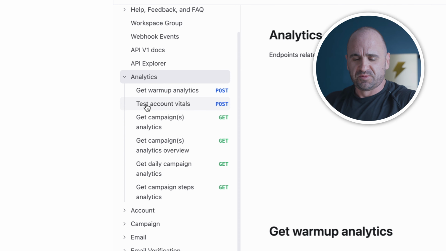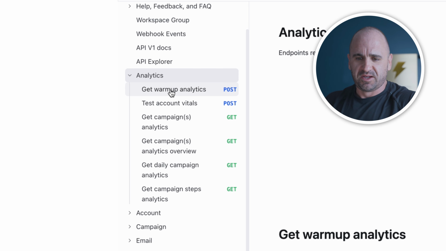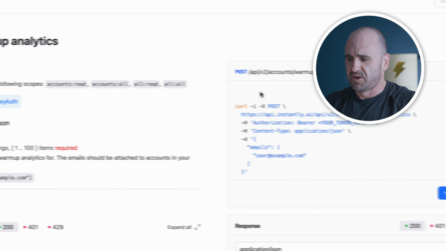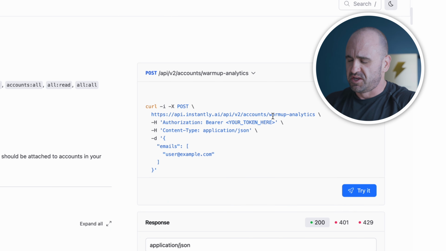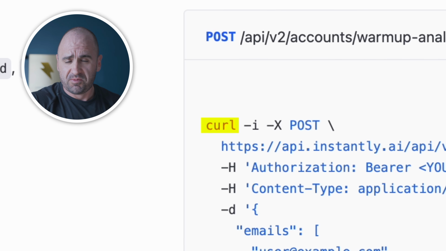With that said, let's go over some of the features that API v2 has to cover for you. You'll notice these grouped endpoints here. We talked about analytics, we get warm-up analytics, we have a number of endpoints, and then it'll do an example. A lot of times, depending on what your flavor is of coding, you're going to be doing curl commands. This is in your general no code or low code type of scenarios where you're doing HTTP